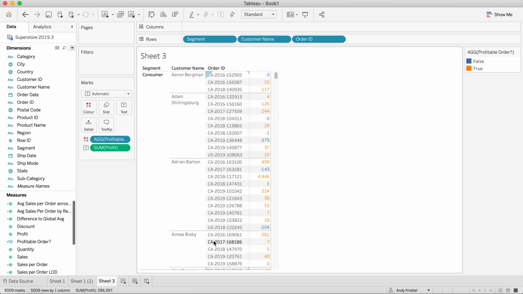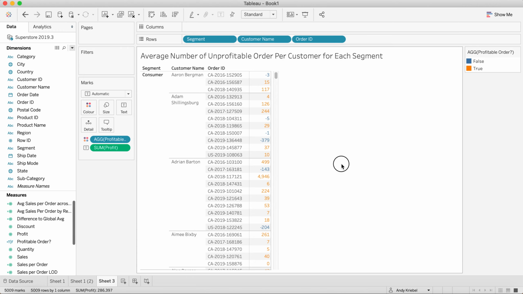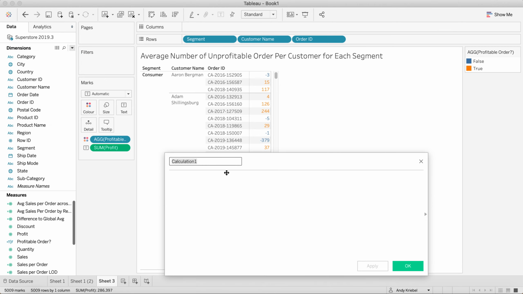Okay, great. So now, again, the goal is, let me go ahead and add this to the title. So this is our average number of unprofitable orders per customer for each segment. All right, this will be just our little reminder for what we're trying to achieve here. So we have our segment, we have our customer, and now we need to count the number of orders that are unprofitable. So let's count, let's say,